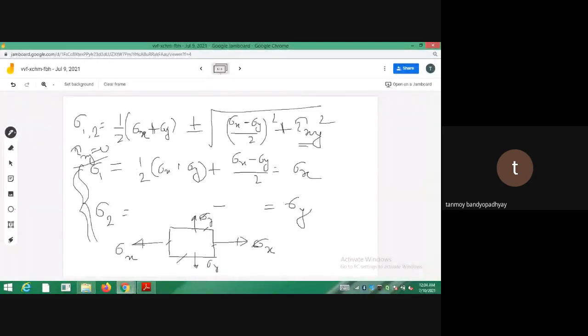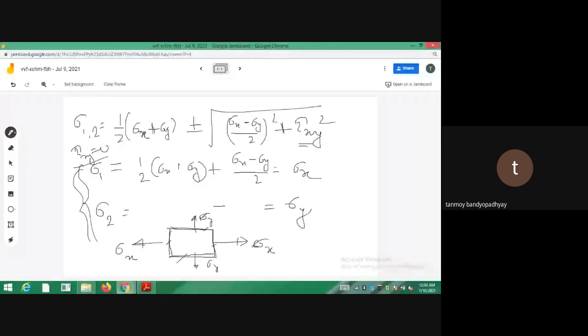So you can see that the planes that are actually carrying sigma x, sigma y, so in this case the tau xy things are absent, I haven't drawn them actually. So in that case, when the element is not carrying any tau xy, the principal stresses will be sigma x and sigma y, and these faces will be the principal planes themselves. These faces are the principal planes themselves because they are free from any shear stresses, and they are actually carrying the maximum normal stresses. So this is a discussion on how to determine the principal stresses.